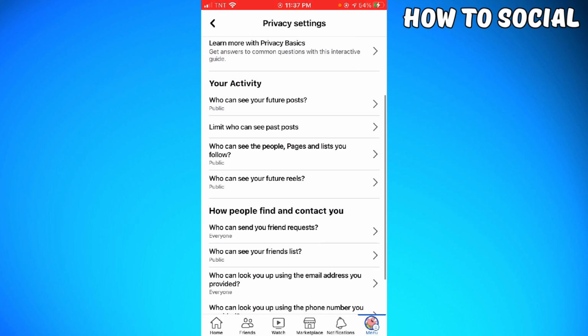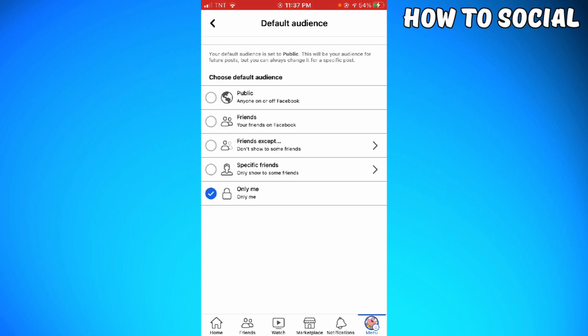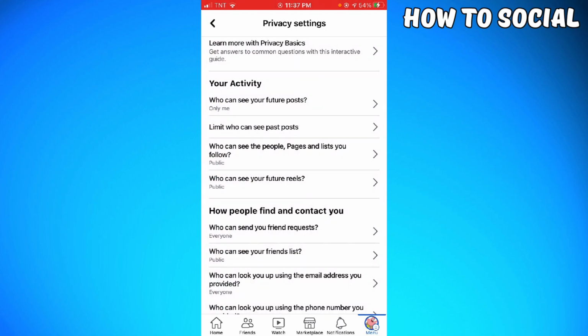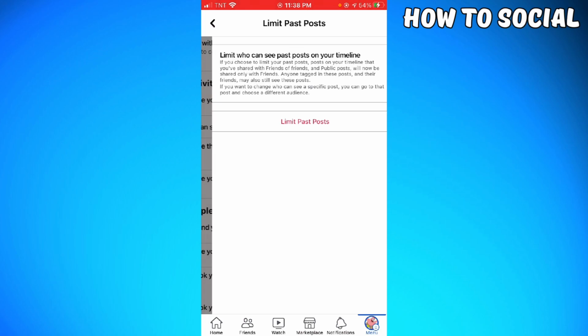And here in your Activities section, you want to edit your settings for who can see your posts to Only Me. Okay, so for who can see your future posts, you want to click on that, click on More, and choose Only Me, and go back and limit who can see your past posts. Go ahead and click on that again and click on Limit Past Posts. Okay,